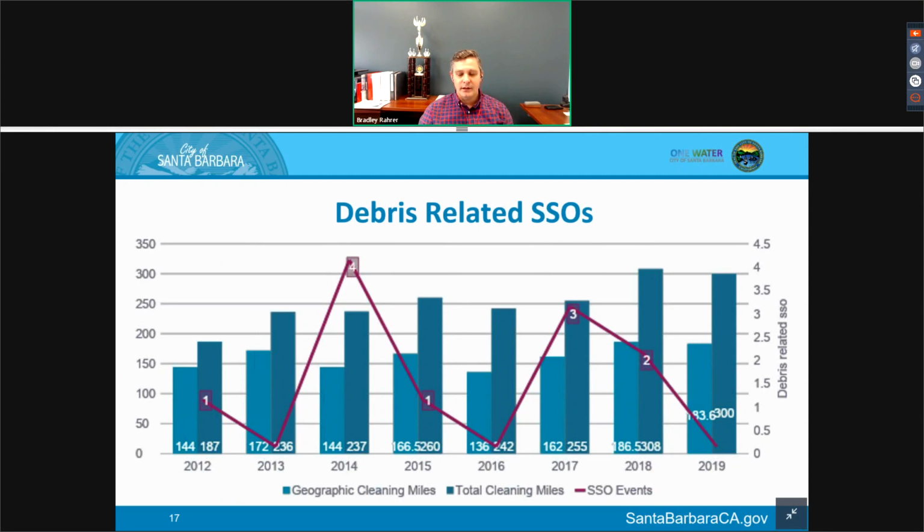Our debris-related maintenance programs that were implemented in 2012 and 2013 following the consent decree, as you can see from this graph, have kind of been all over the place. When you look at the data for the geographic cleaning miles and the total cleaning miles and overlay the SSO events, you'll see that there is no real trend. Part of that reason is because it doesn't necessarily follow a trend like the drought with roots or any of those other environmental factors. It really comes down to human